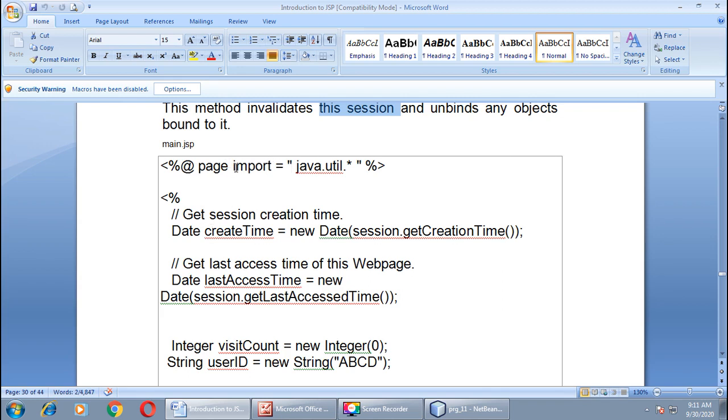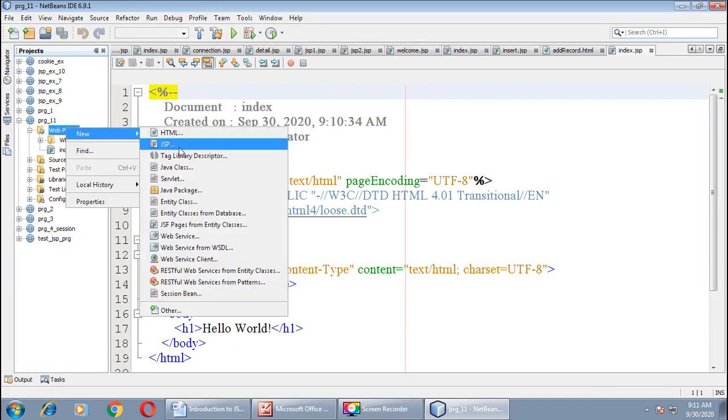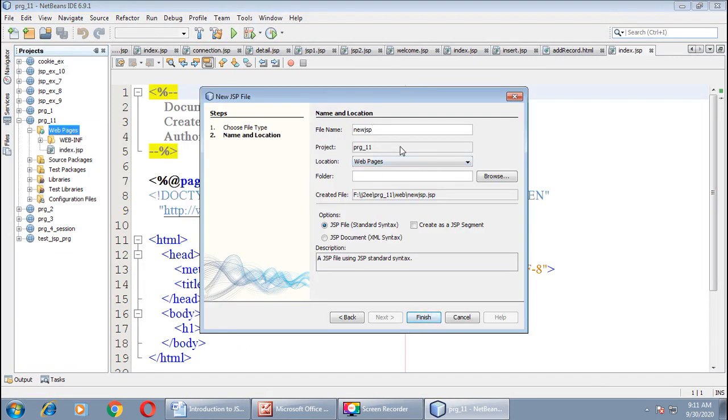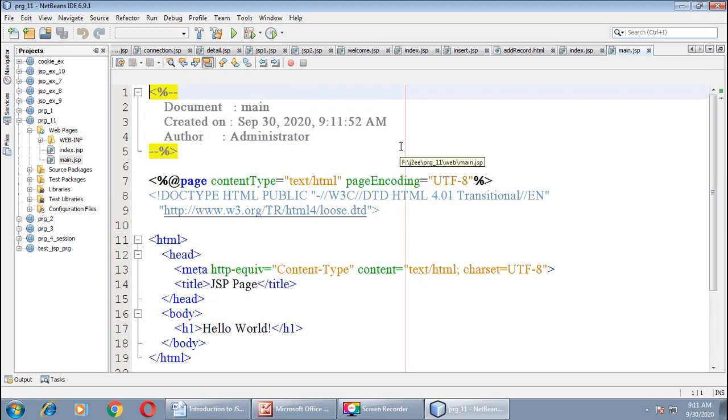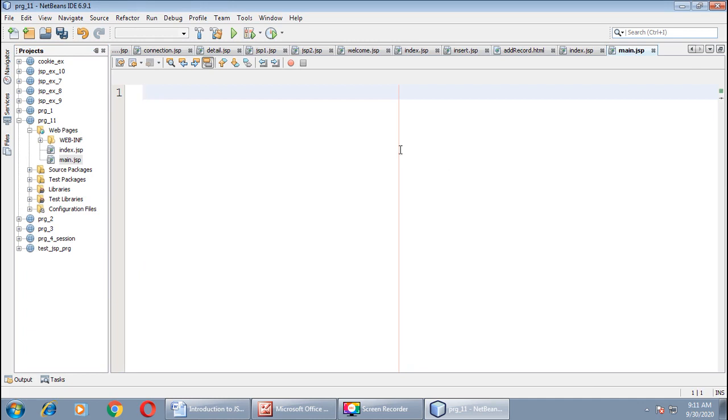Here we imported one package, java.util package, which is required for date. So how can we do it? @page import equals java.util. The name of our file is main. So let us create one main file. For that, right click on Web Pages, click on New, take JSP and give the name main. Delete everything, we don't want anything here. Make your file blank.